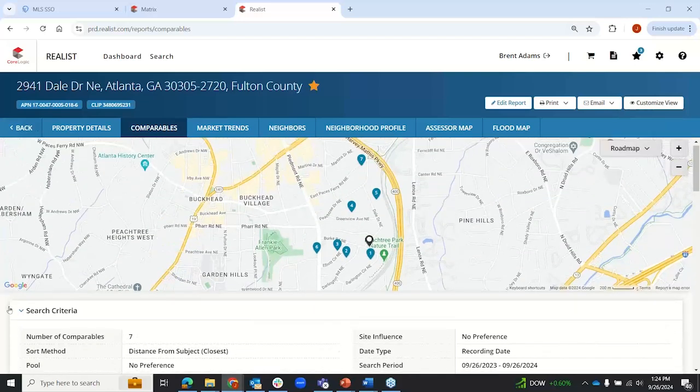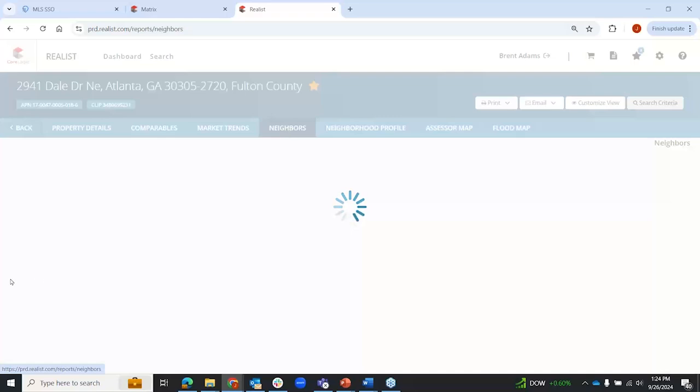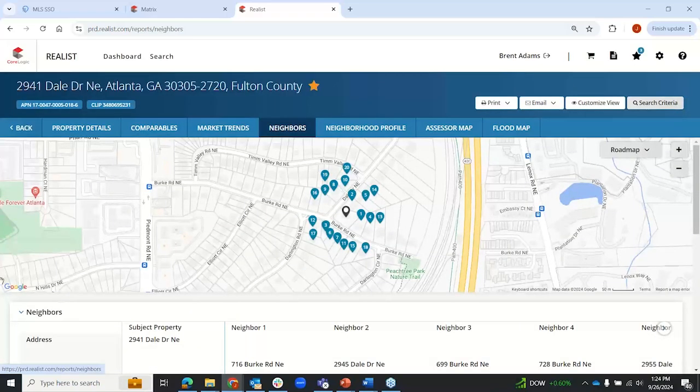Again, you've got one available to you in Matrix, but you also, of course, have this one available to you here in Realist too. All right, I'm going to show you next a neighbors report, because it's extremely similar to the comparables report I just showed you. So when I click on neighbors, all this neighbors report does is find you your physically closest